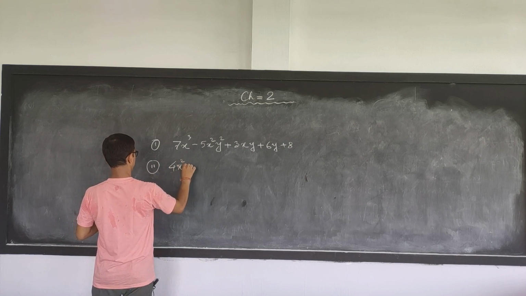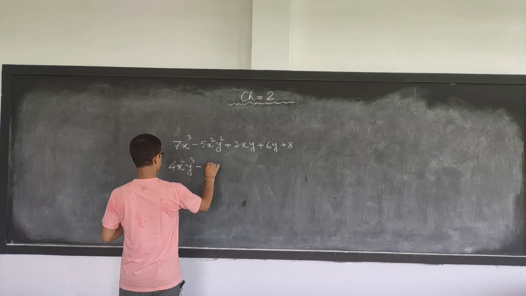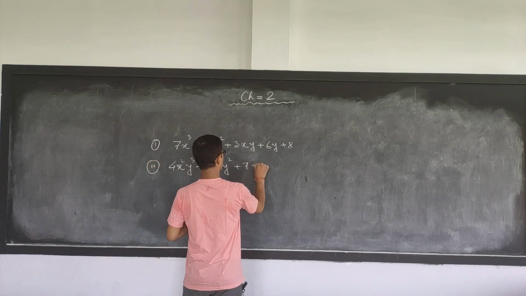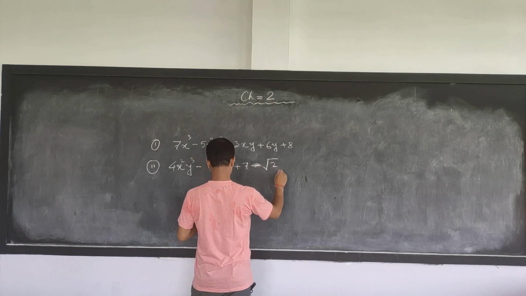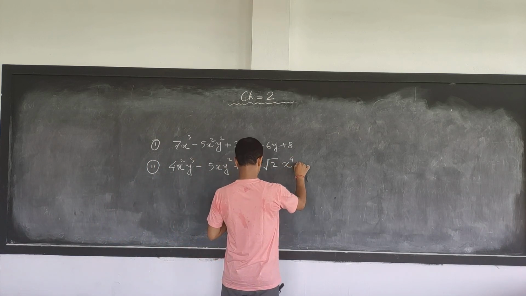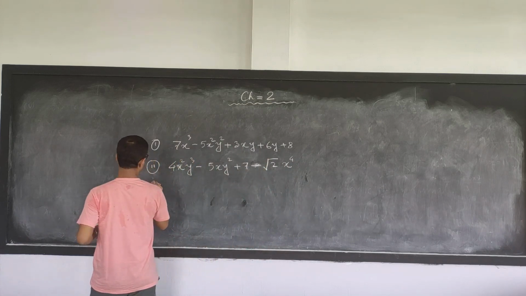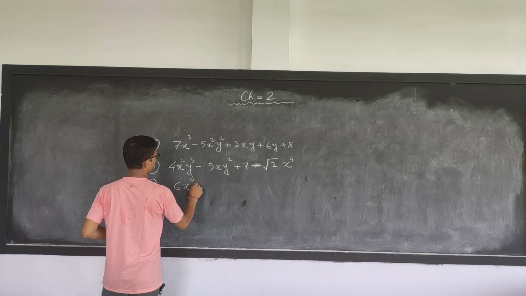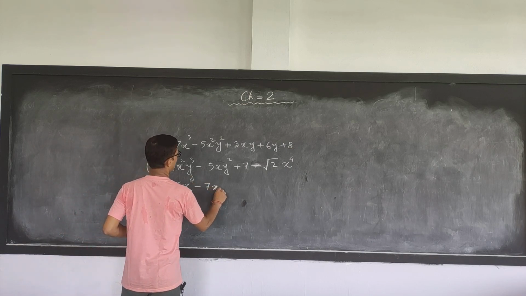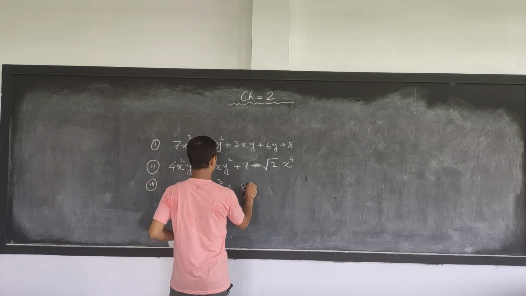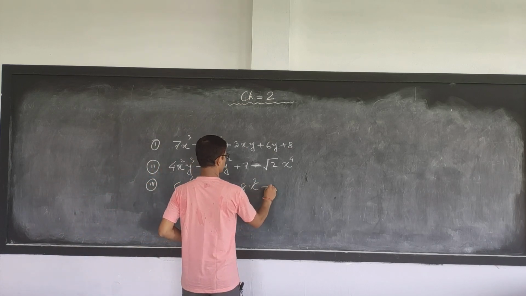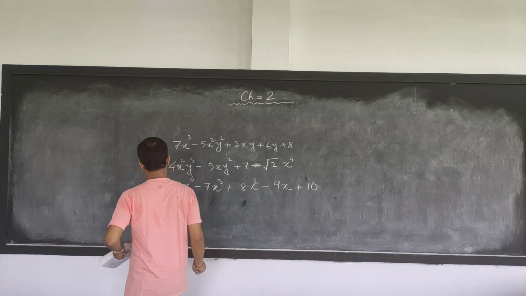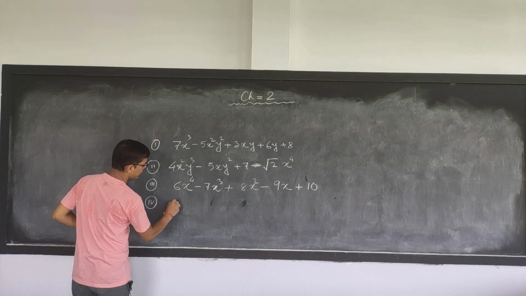4x square y cube minus 5xy square plus 7 minus root 2 x to the power 4. Alright, one more example, number 3: 6x to the power 4 minus 7x cube plus 8x square minus 9x plus 10. So one more example let us consider, that is